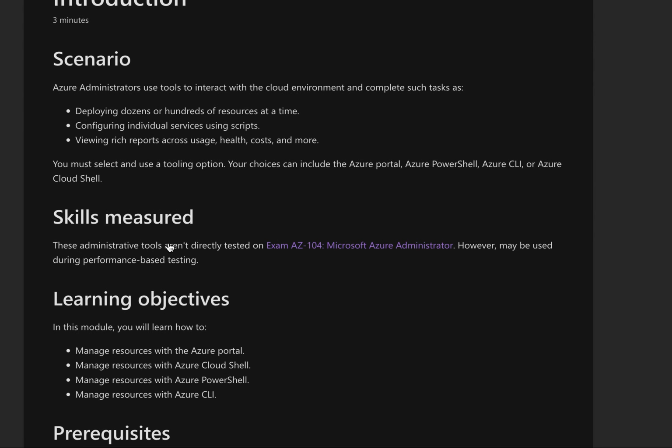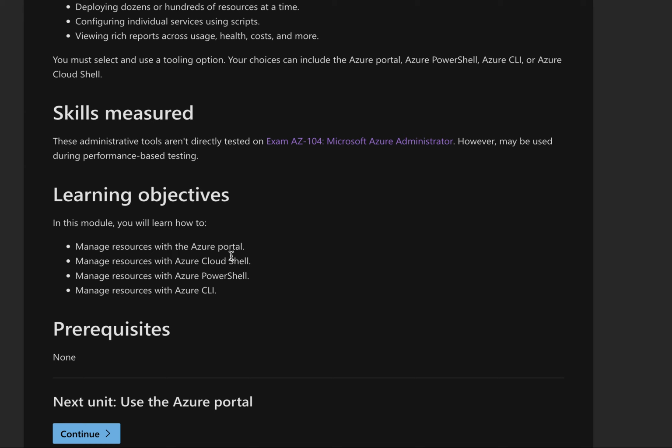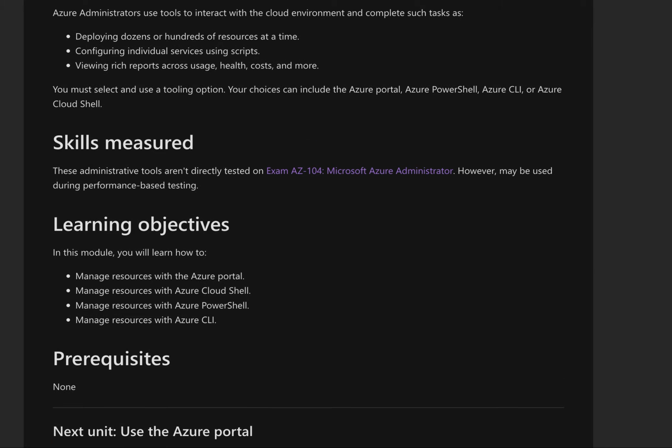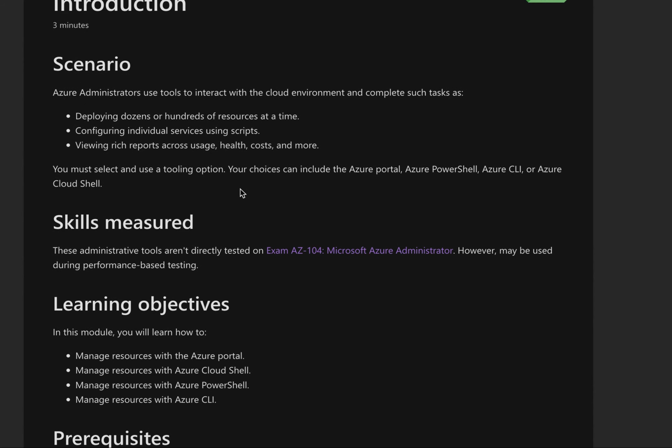There are different ways one could manage Azure. You could use the Azure portal, PowerShell, the Cloud Shell, or the CLI, and we will be looking at what each one of them means and what it does. There are no prerequisites for this, and